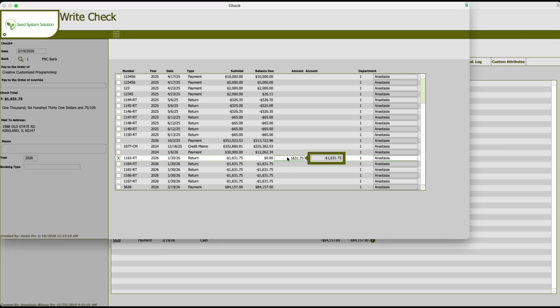And we can override that amount by clicking on the amount and changing how much we want to apply and pressing tab to exit. And then that is going to override our check. So once we have assigned everything we're going to refund to that customer,